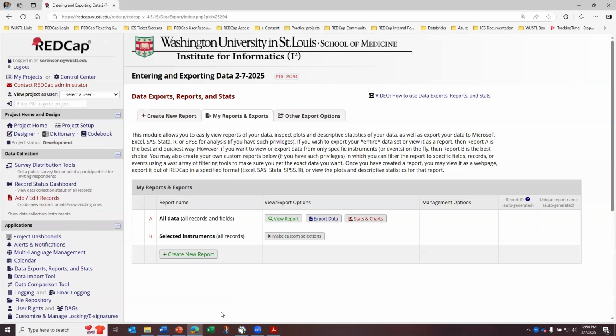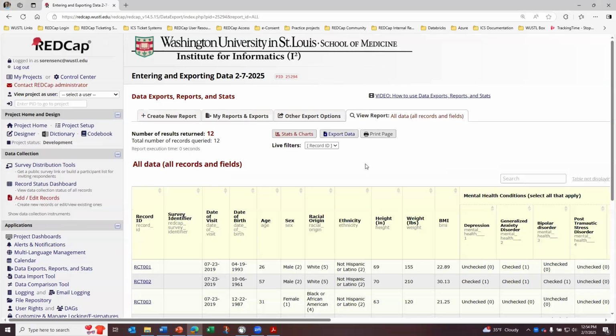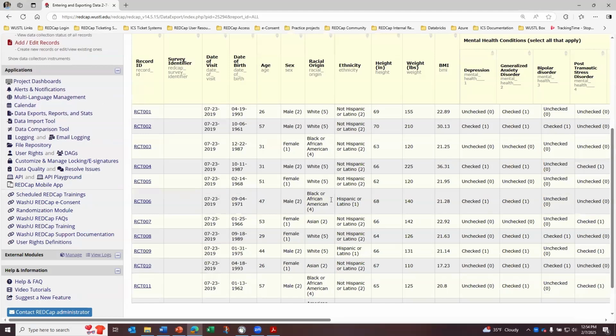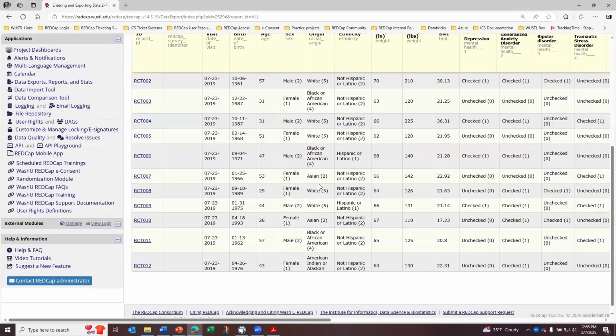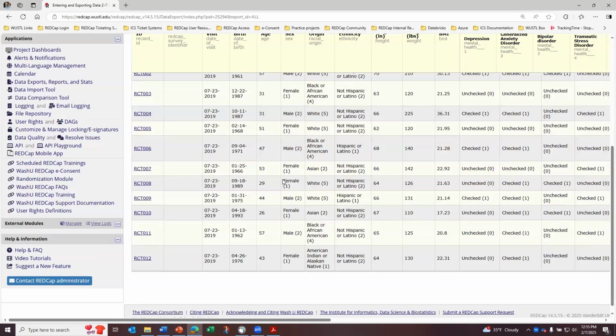First, you can export everything by clicking view report. Now this looks pretty good. It's a small study with only 2 instruments. But as I mentioned, if you have several events, repeating instruments, and lots of records,